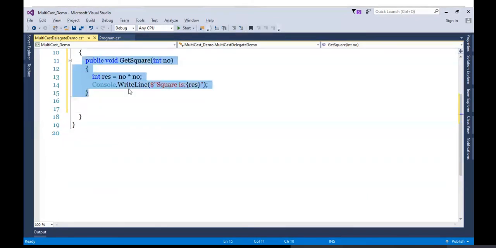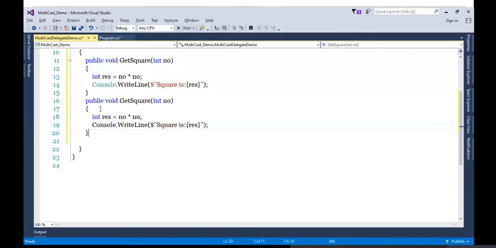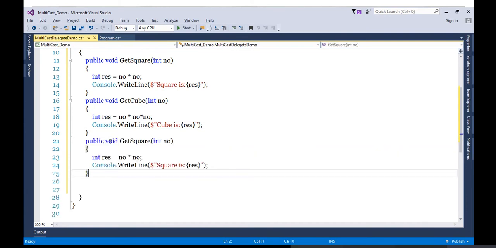Quite similar to this, I will write multiple methods, like here I will write GetCube. This time I will do cube like this. So cube is this one, and lastly I will write one more method, GetValue.